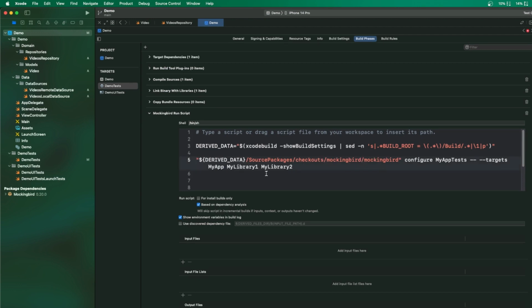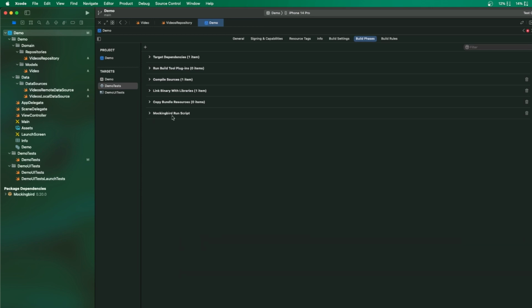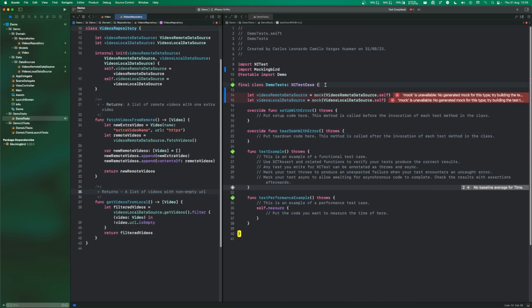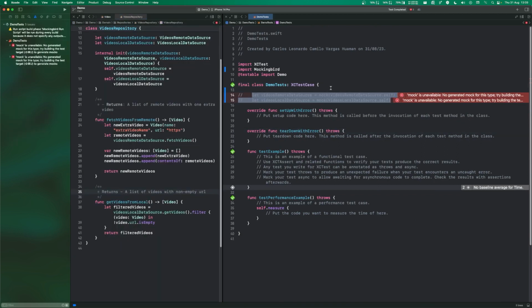And as you can see in the command line, we need to replace our main target, which is called demo, and our test target, which is called demo test, and remove the other libraries that we don't use. And that's it. Now go back to the demo test. If we run the test again,